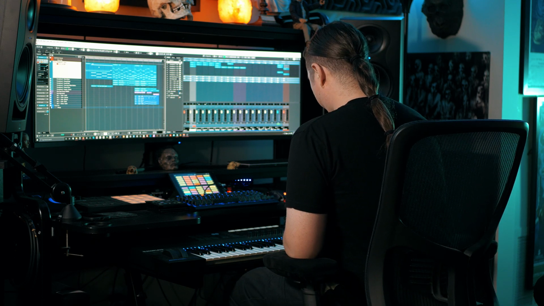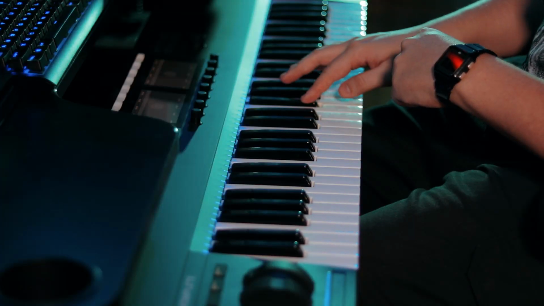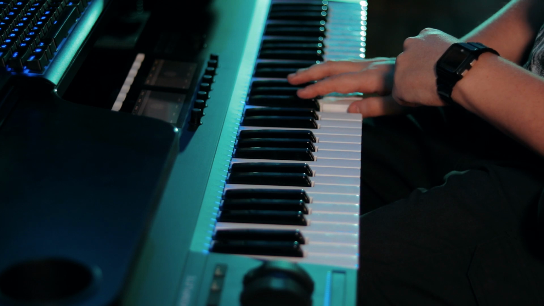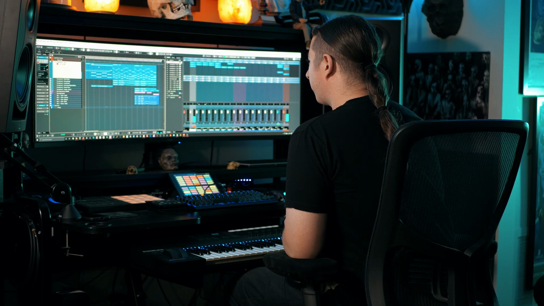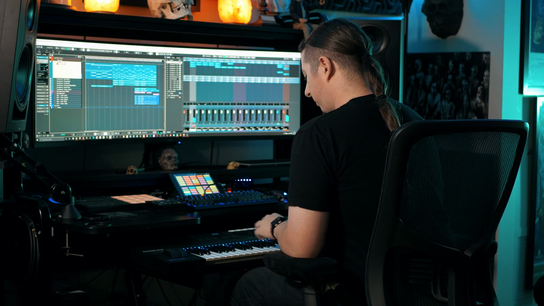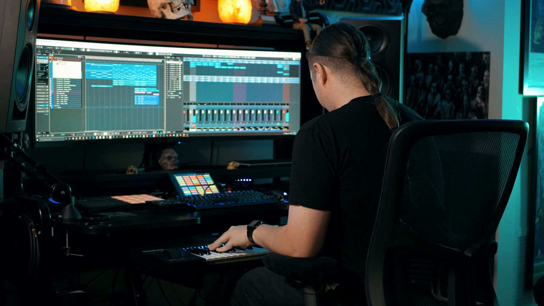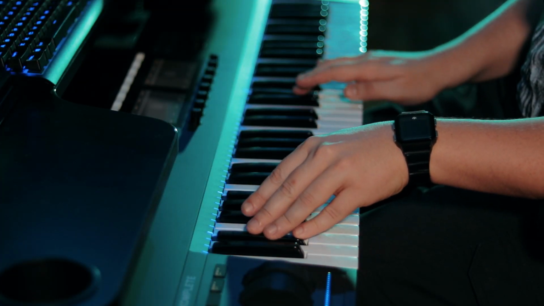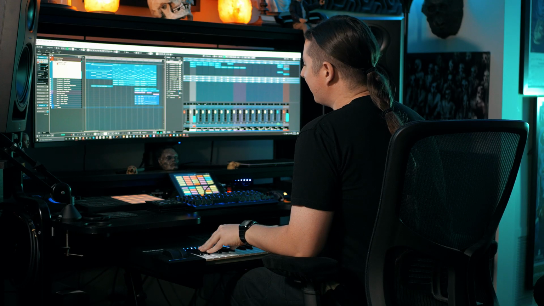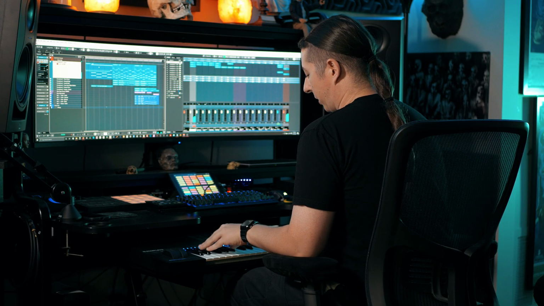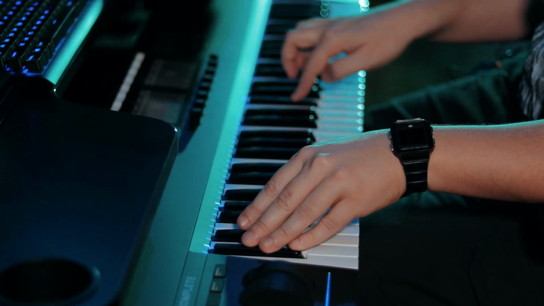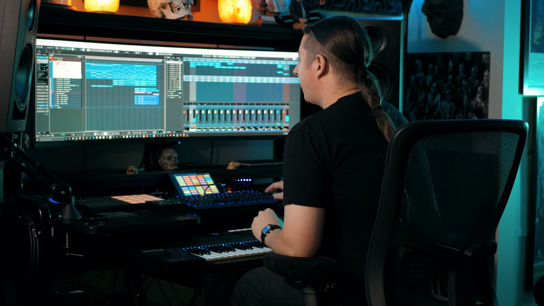So what I came up with was this little intro, and then starting to bring in some of the chords. Just slowly easing into the track, as if it was building. And then I introduced this other